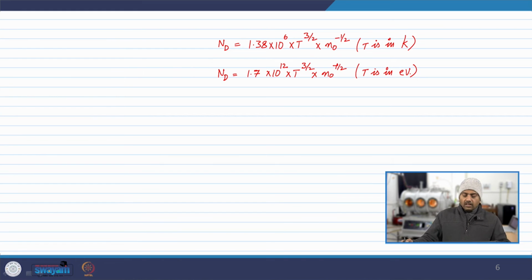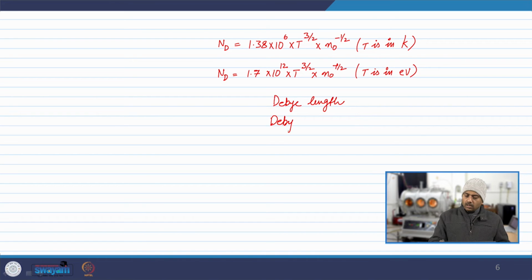Now, you see the number of particles inside this volume seems to be inversely proportional to the number of particles per unit volume. So, if you have a very dense plasma, the number of particles would be small, but on the other side, if you have a very weak plasma where n naught is very small, the number of particles inside the Debye length would be larger. That means you will require more number of particles to be present to neutralize the positive charge that is there inside, right. So, this is our discussion conclusion about Debye length,